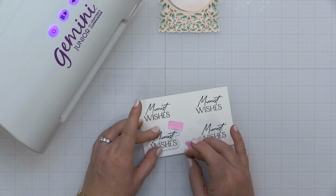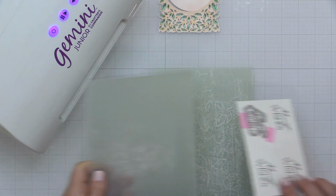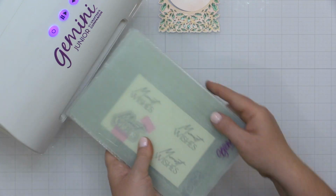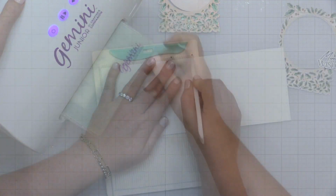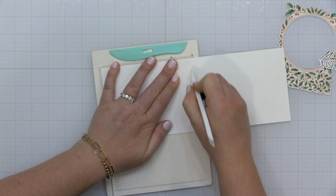This is actually just one product suite that I'm using for the bulk of this card. And I'm taking the coordinating die after I've stamped this onto some white cardstock. I'm placing that and holding it in place with a little low tack tape and sending that through my die cut machine. Now for my card base